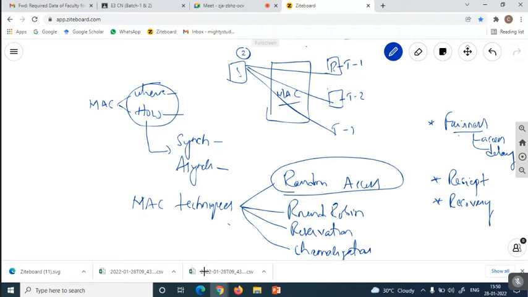Recovery in the sense, if any one of the frames is lost or damaged, as we discussed in the earlier classes, this MAC is also responsible for the recovery of that particular lost or damaged frame from any one of the terminal devices. And along with that, some functionalities are there: reconfigurability, compatibility, reliability, like that. Okay, reconfigurability in the sense, suppose in your distributed system, how we are going to transfer the information is from one main node to a sub node and from the sub node to another node. Like that, we are transferring information.